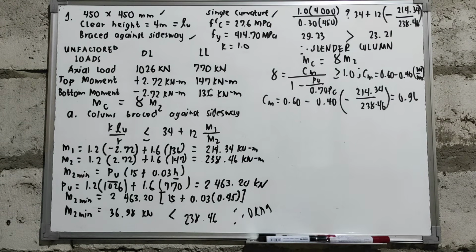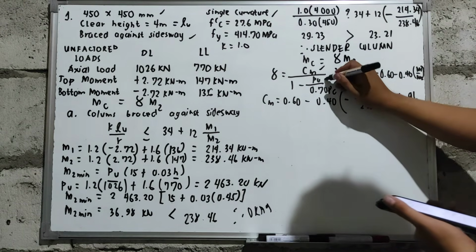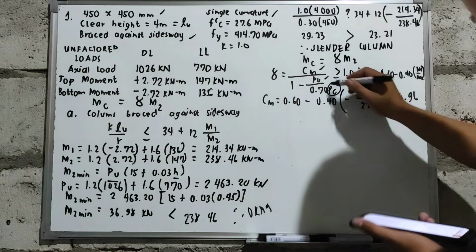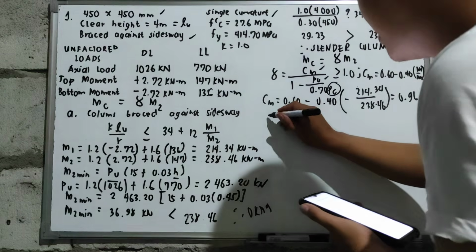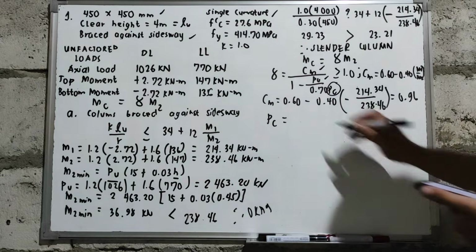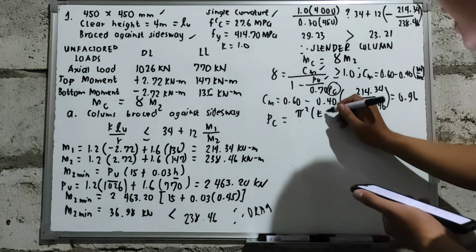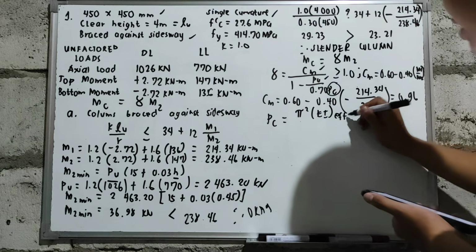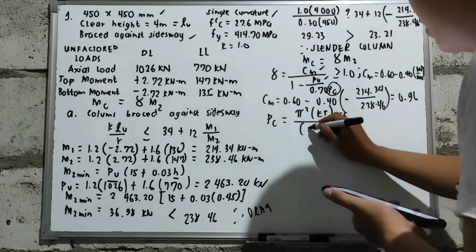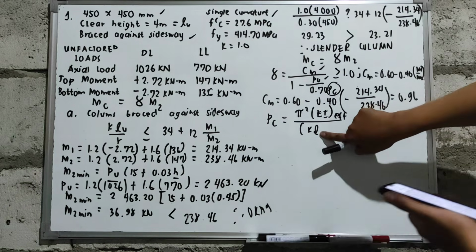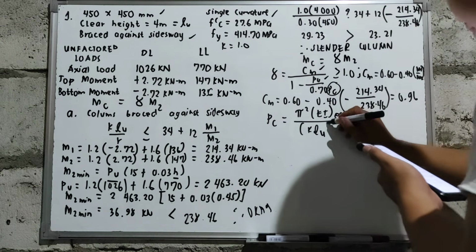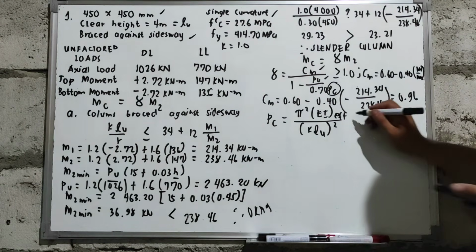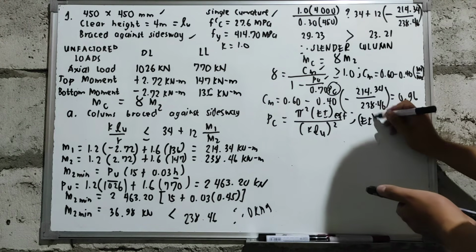After we calculate for the value of your C sub m, nakuha natin yung value ng C sub m, meron na tayong value ng P sub u natin. Let us now calculate for the value of your critical buckling load. So para makuha natin yung critical buckling load natin, that is pi squared multiplied by EI or yung flexural rigidity natin over yung effective length natin. So ito yung effective length natin, which is denoted by KL sub U squared. So yung problema lang natin dito is what will be the value of your EI or yung flexural rigidity